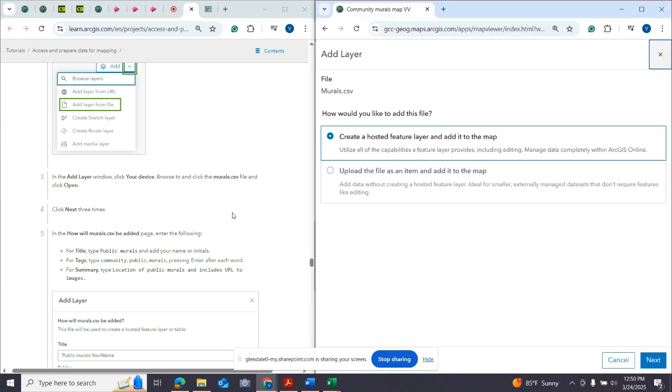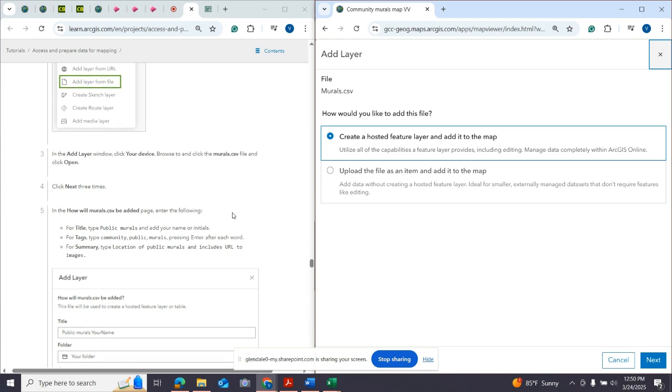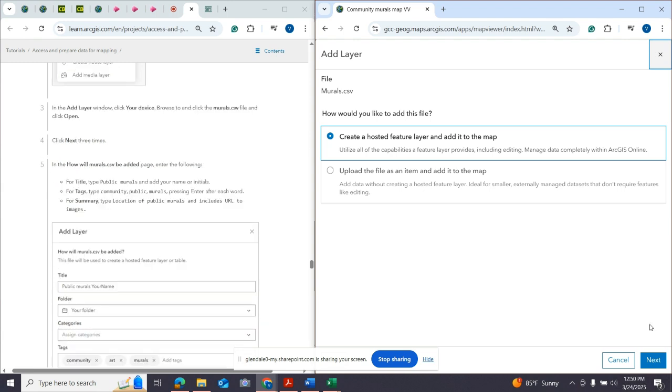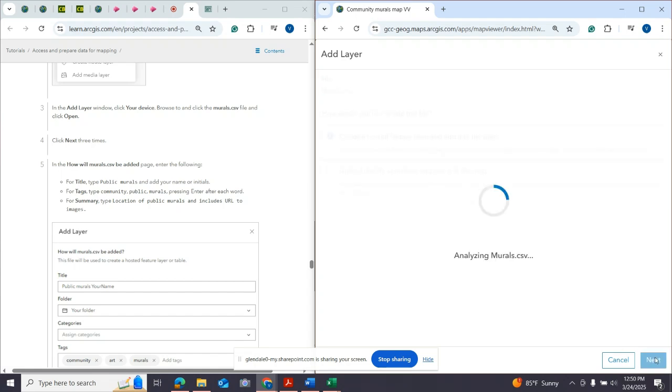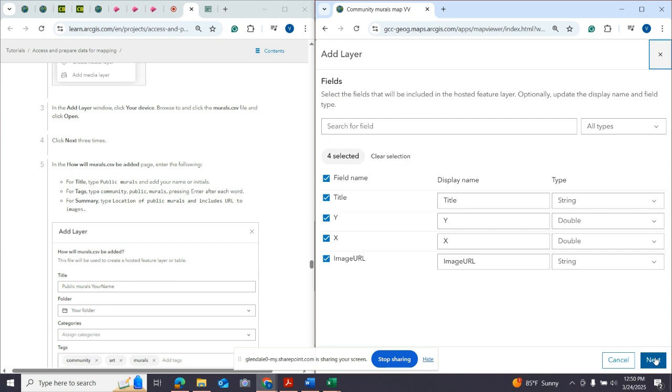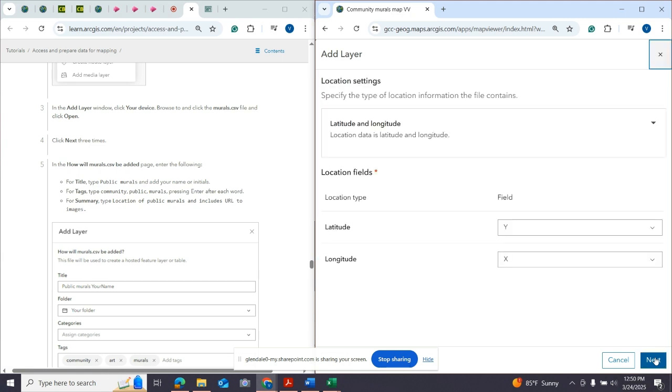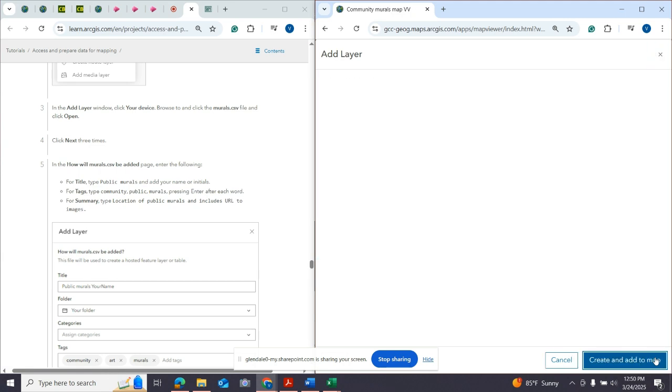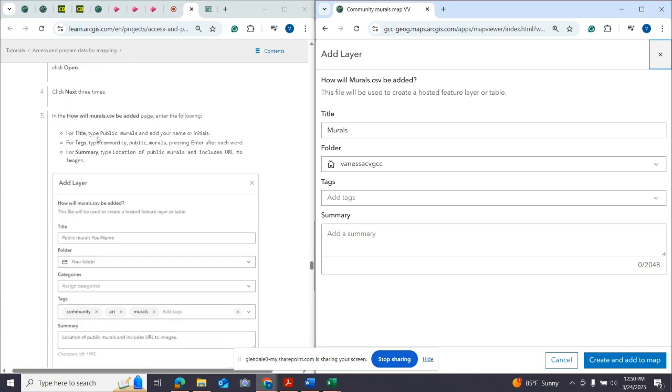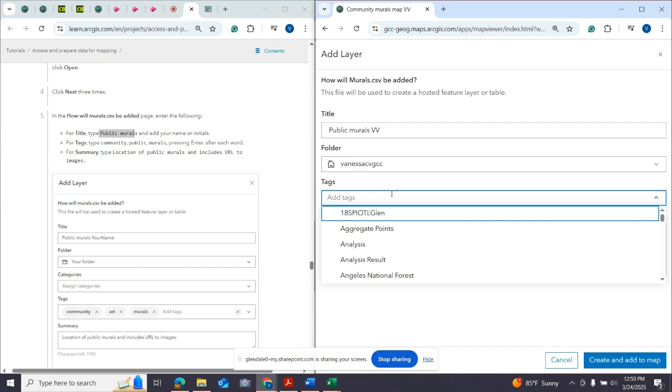And once we upload it, it wants us to click next 3 times. So again, we're uploading it as a hosted feature layer. And this is all correct here. And now we are going to give it a proper title, what our data is about. So public murals and our initials. Forgot the S. And then your tags,